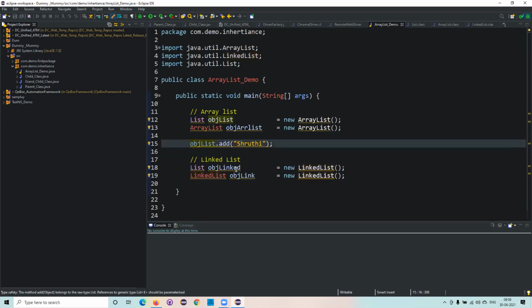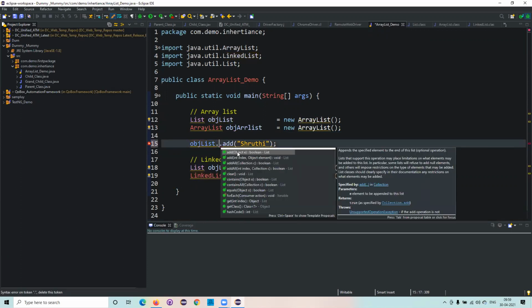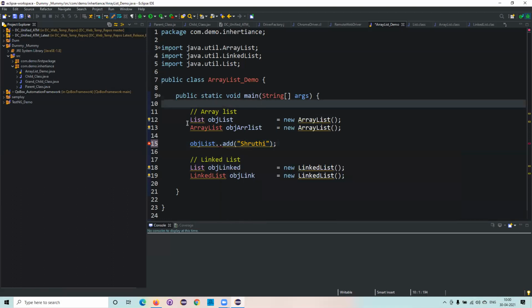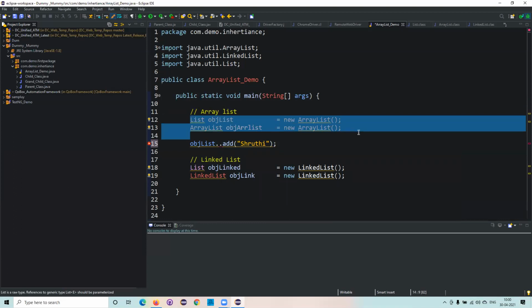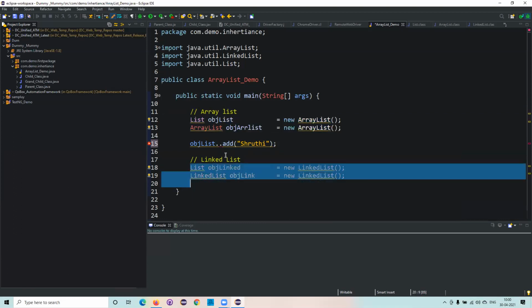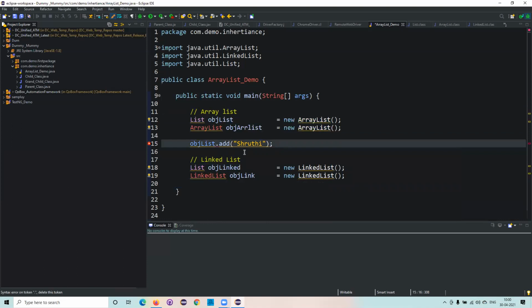For example, now I have these methods. I don't need to go into each method and explain, because you can understand that. Add means it will append or add that particular element to the list. These are all things you can easily understand if you try once. But if you understand the concept of creating these things, then it is easier for you to use the respective methods.